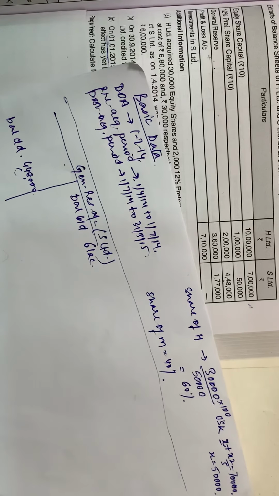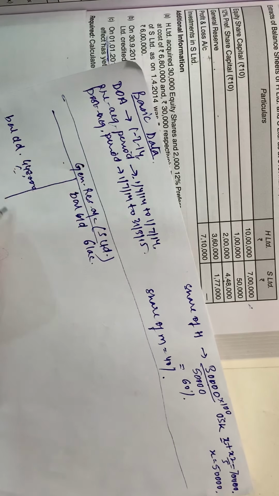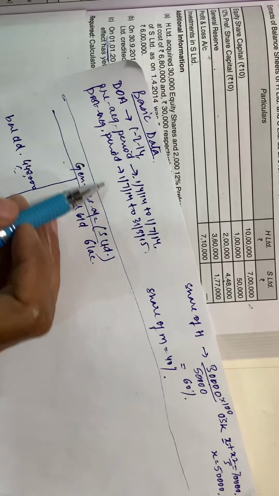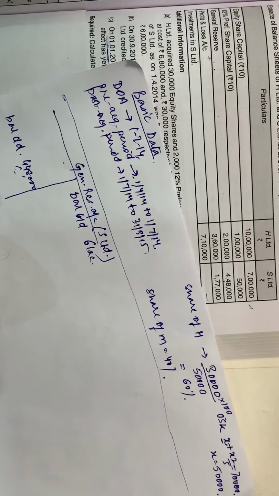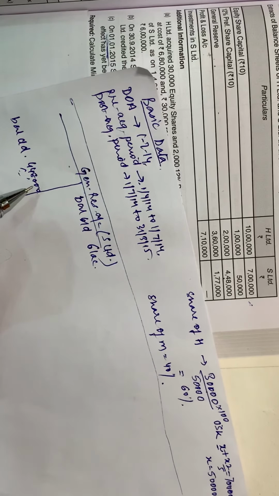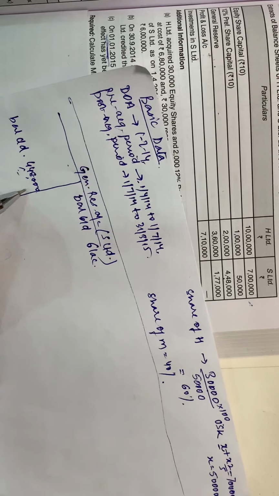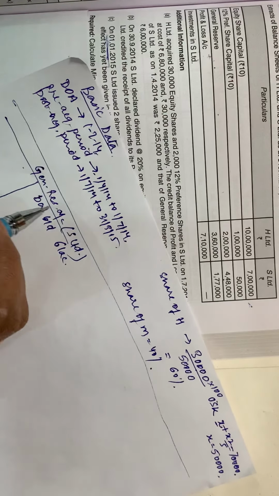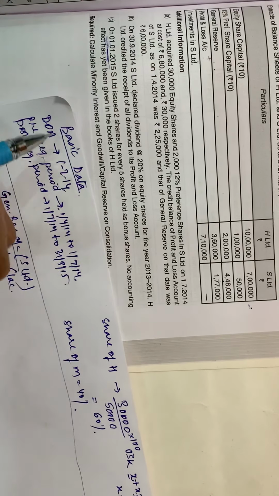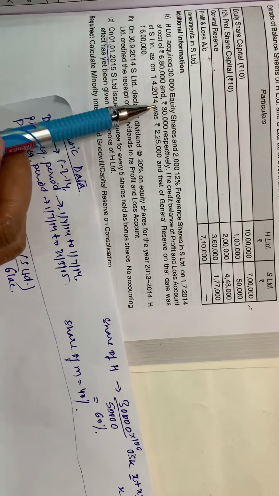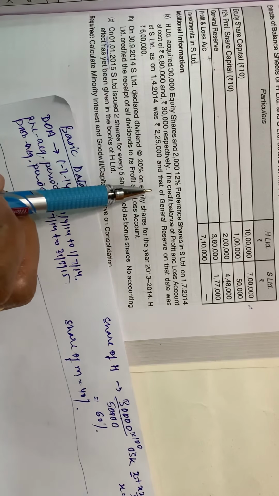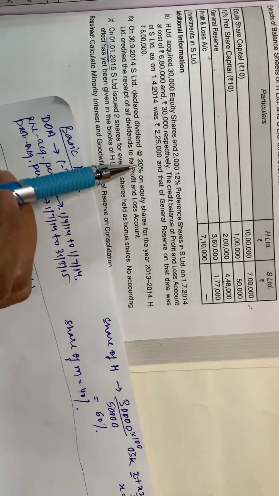Now I have to find out for what purpose, or what all entries will go in this account, or how will your general reserve account look like. So you have to find out what all entries must have been going into this account. So what you will do is, you will just look out for some hidden information from the question. And in the first point, you are given the number of shares held by the holding, and you're given the opening balances of P&L in the general reserve.